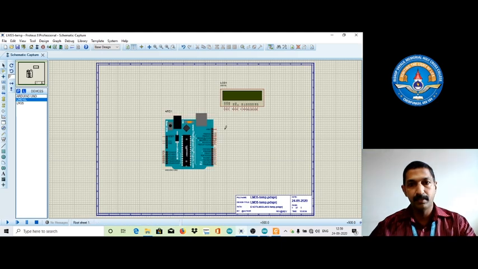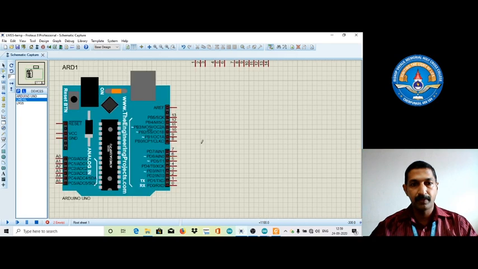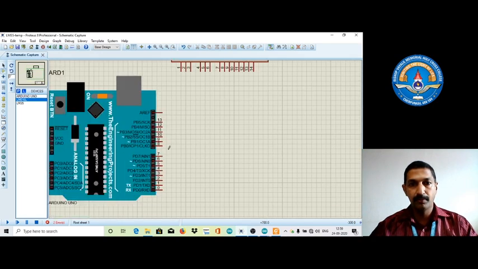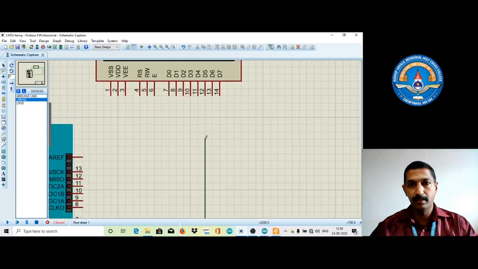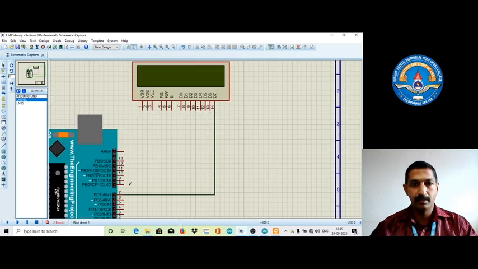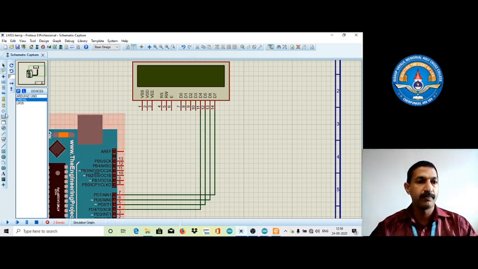You can connect the various pins, D4 to D7 in the same way: D7, D6, 5, 4. We need to add the ground. We can select the ground from the terminals mode section. Adding the ground signal from here, we need to connect it with RW, also VSS.